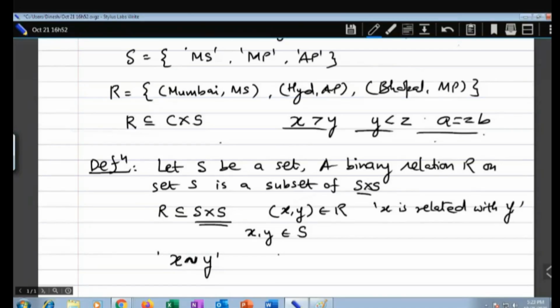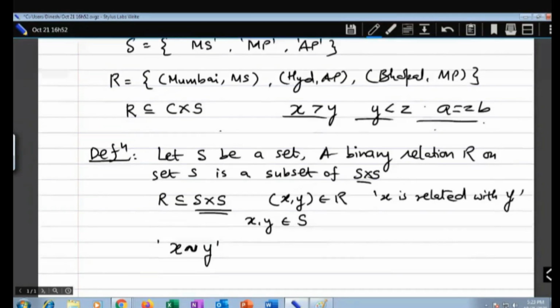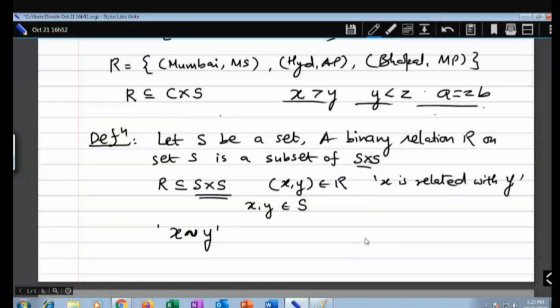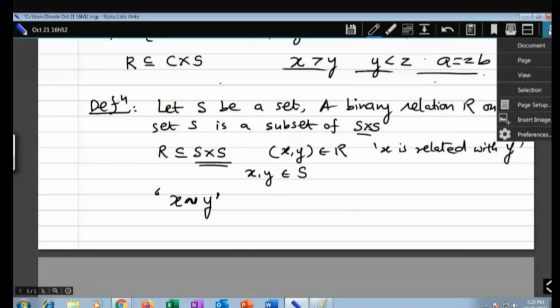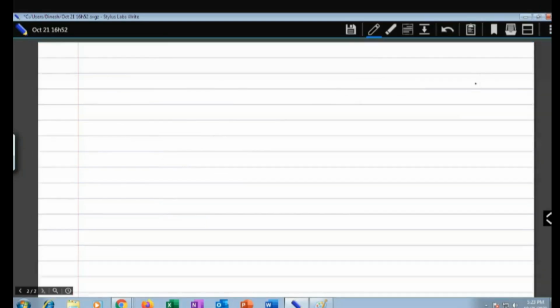And you will be surprised to know that binary relation is a simple but powerful tool to represent complicated situations. In mathematics or in programming, many times binary relations are used to represent complicated situations, and it is heavily used for mathematical modeling of problem statements. So if you have modeled a problem statement, then you can find that particular relation there. Now we will see how to represent a relation.